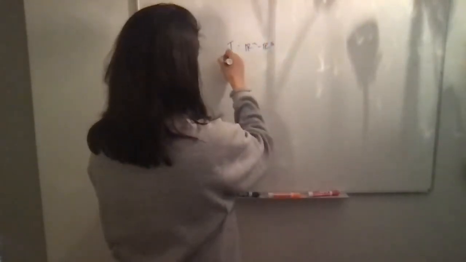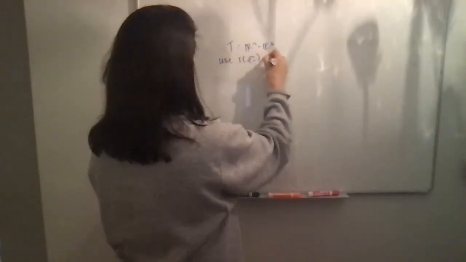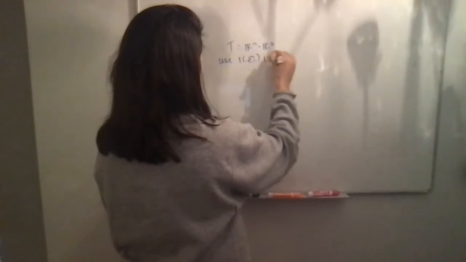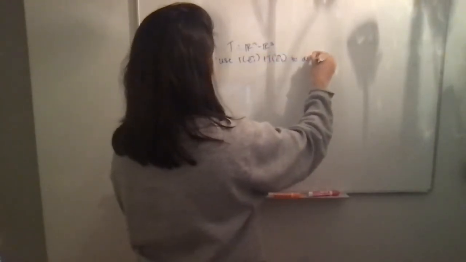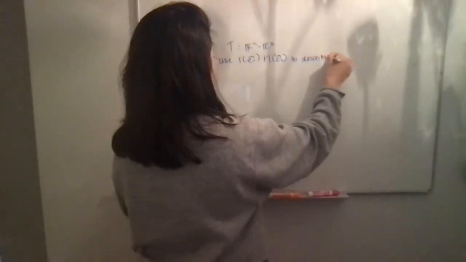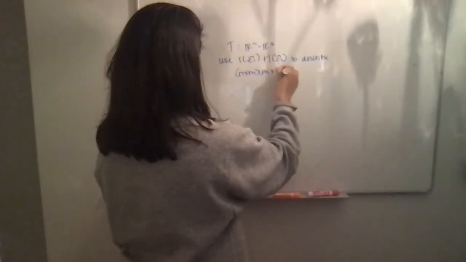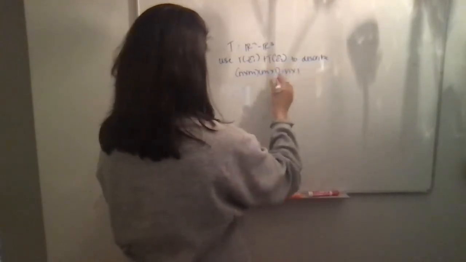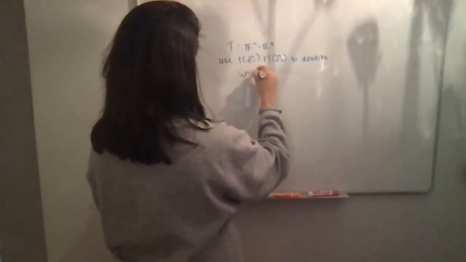And they want you to use T of standard vector 1 as well as T of standard vector 2 to describe the image of the unit square